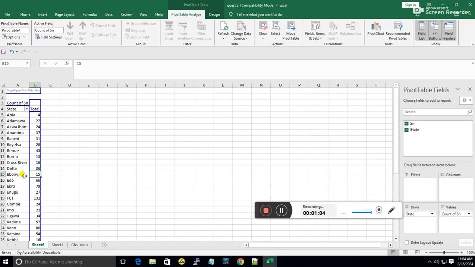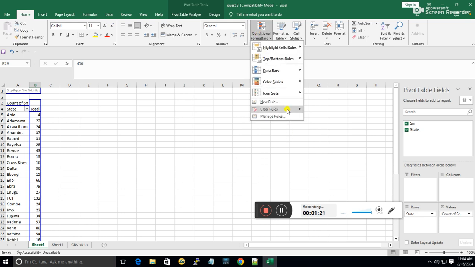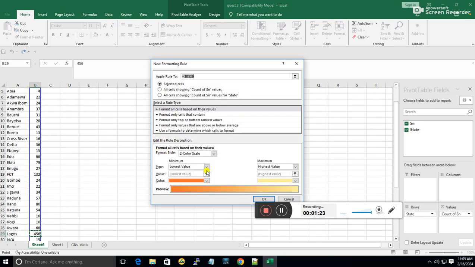So the system counts and it's telling me the highest number is in Lagos, but I could further work on this to see this without having to scroll along to see what the number is. So if I go to the home menu, I can click on conditional formatting and I'll set new rules, and in new rules I said let the